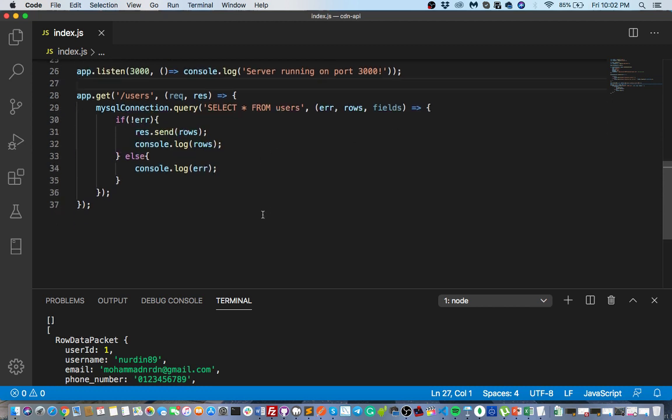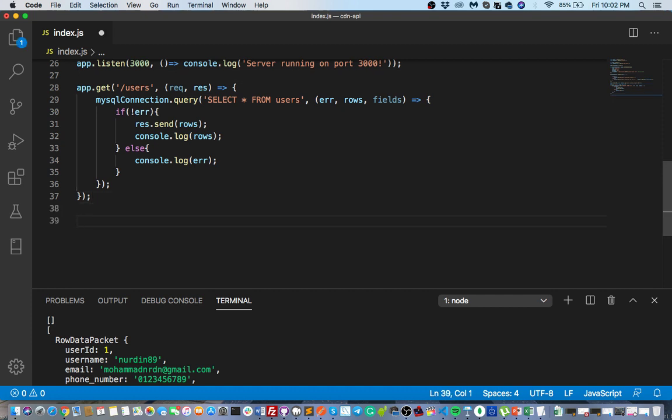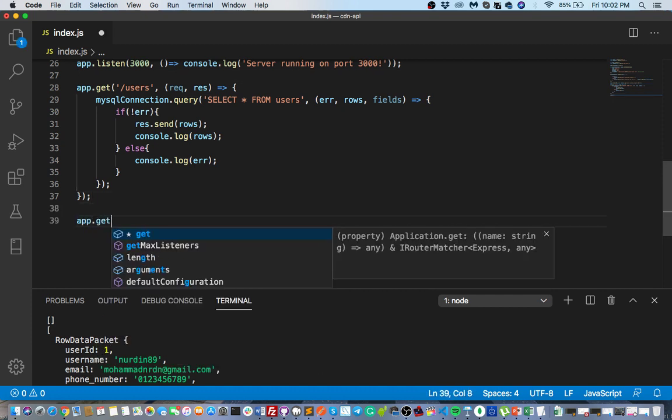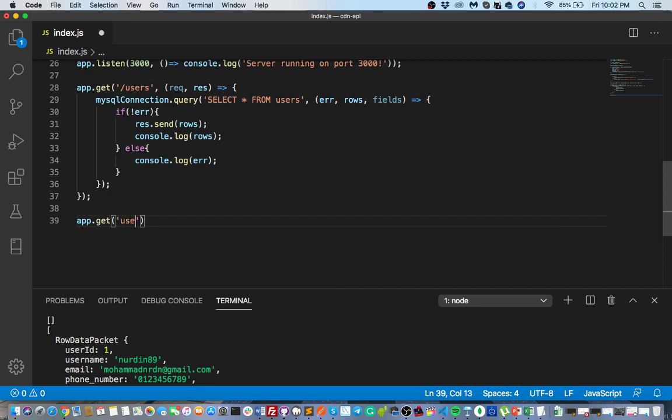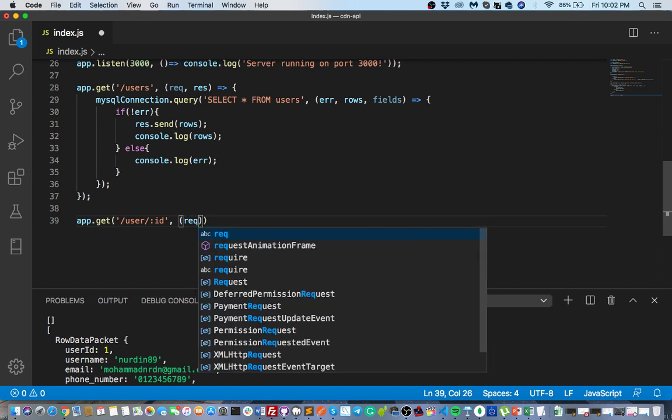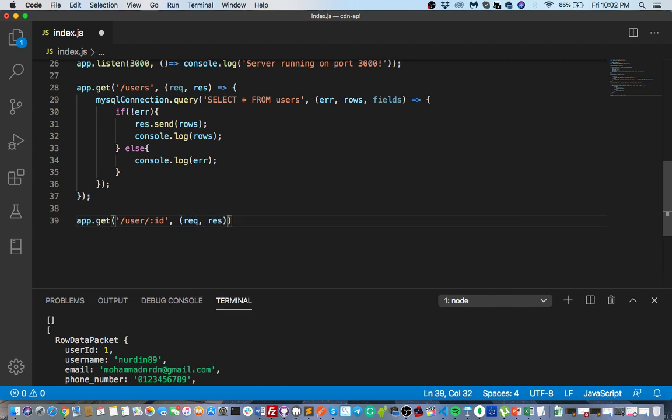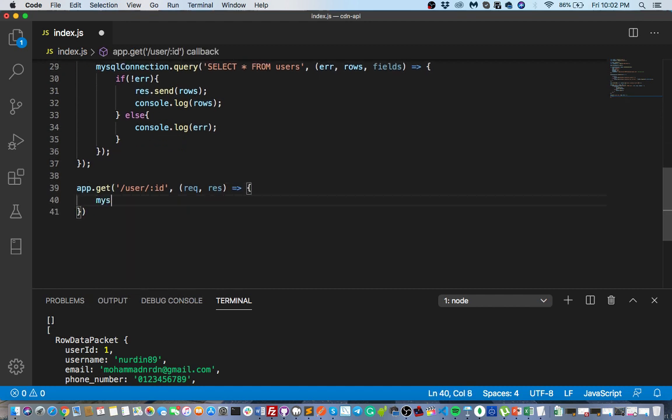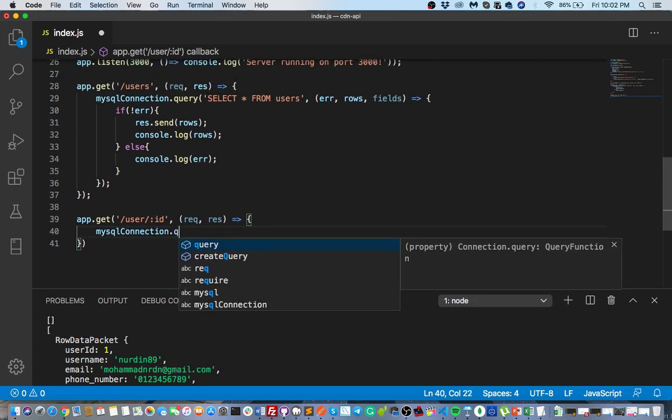So next we will create the next API endpoint. Type this: API get users, oh sorry, user, ID. Okay. So request, response. Then the MySQL connection. So we create a new query. So query